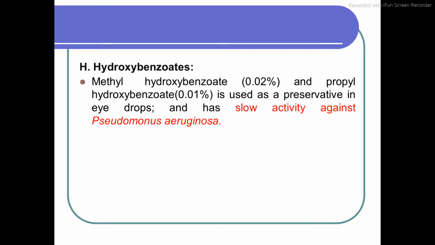Next one is phenyl hydroxybenzoate. For example, methyl hydroxybenzoate 0.02% and propyl hydroxybenzoate are used as a preservative in eye drops and have a slow activity against Pseudomonas aeruginosa. So as compared to all of these preservatives, you can see that the benzalkonium chloride is